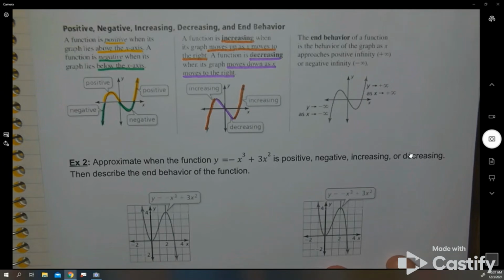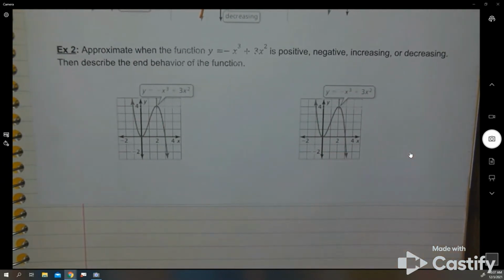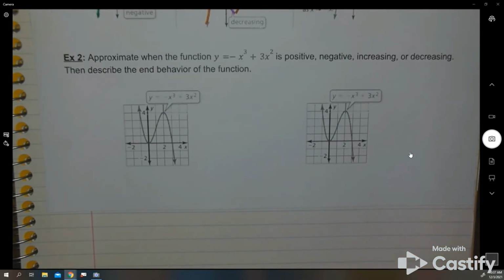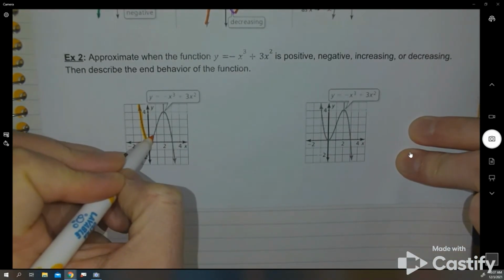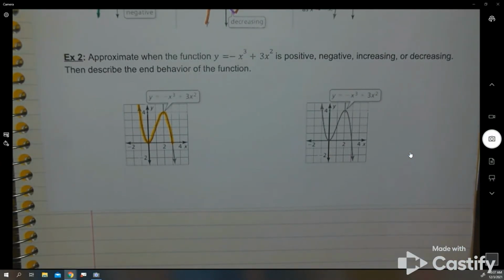So we're going to look at this function in example 2, and we're going to decide positive, negative, increasing, decreasing, and we're going to talk about end behavior for this graph as well. So when I look at it, let's first talk about positive versus negative. So if I have the positive first, remember that it's anything above the x-axis. So I have all of this is above the x-axis. So what I can say for my positive behavior